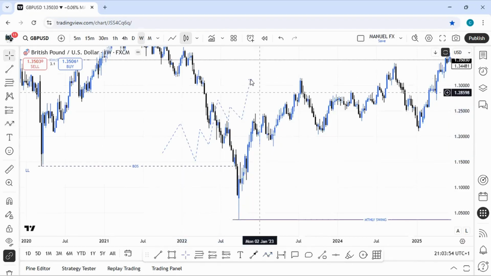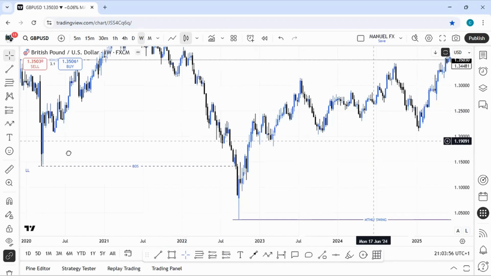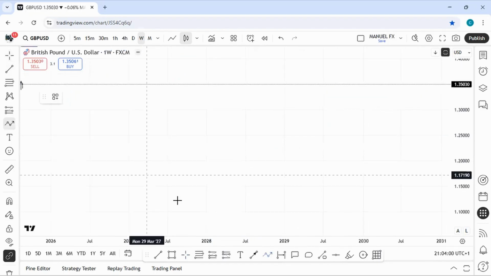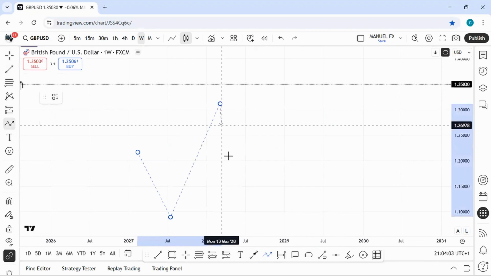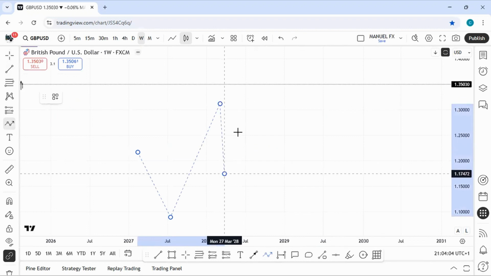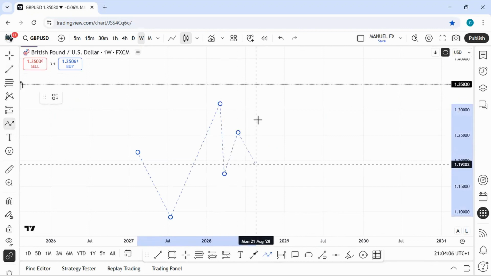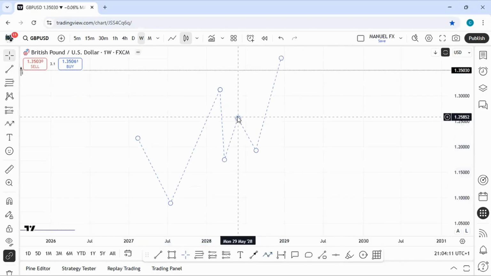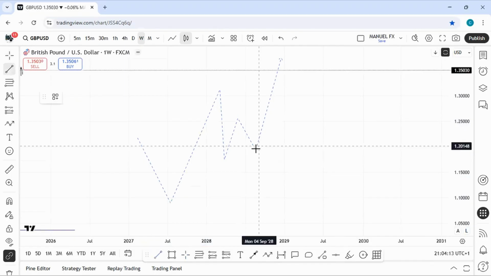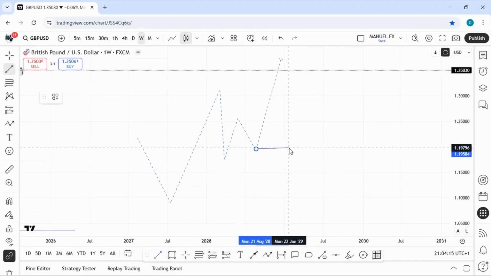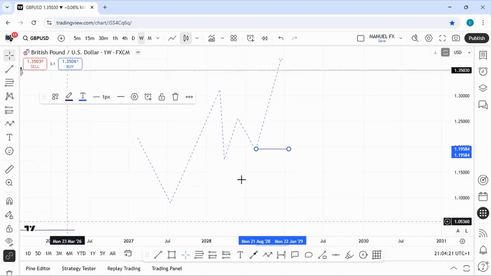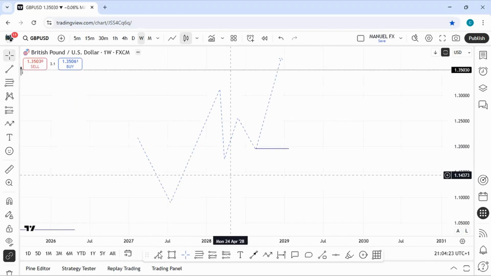Inducement is called liquidity. Remember that I told you that if price is creating a series of higher highs and higher lows, there are retracement moves. Price will retrace like this before breaking this place. Now, of all these retracement moves, I told you that inducement is the first and valid retracement. Please, you can write it down. Inducement is the first and valid retracement